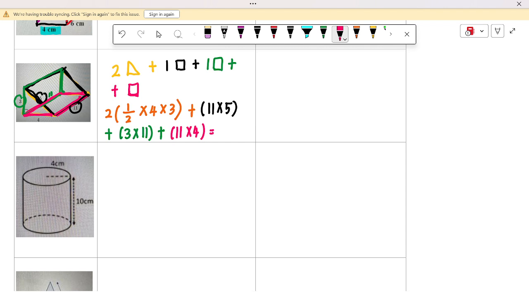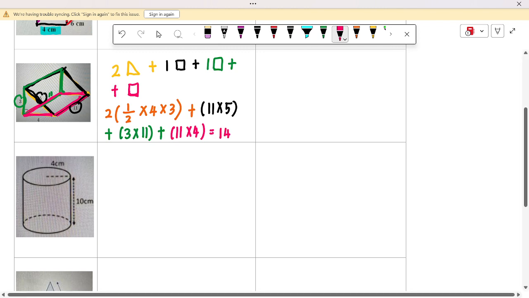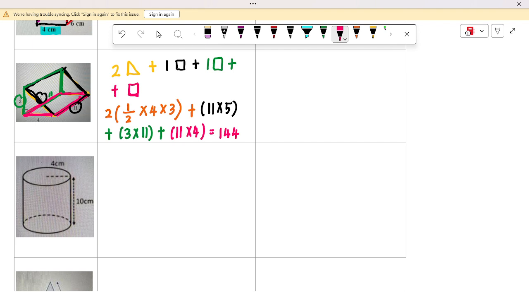1/2 times 4 times 3 times 2 plus 55 plus 33 plus 44. So your surface area of a prism is 144. So remember, your prism can come in a few shapes, which is a right angle triangle, an equilateral triangle, or a trapezium. So it's depending on the shape given to you. So you will be having two triangles with three base of rectangle. Okay, for volume